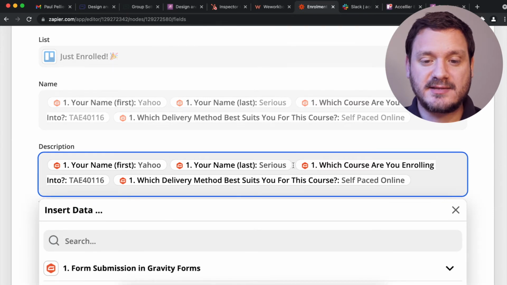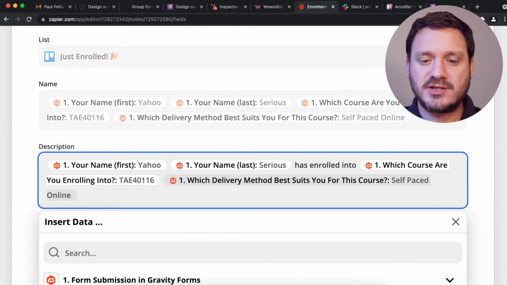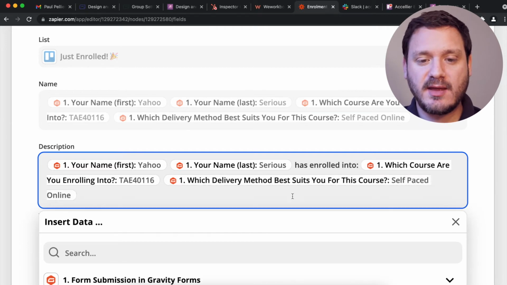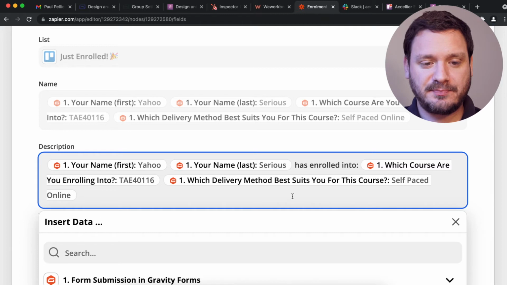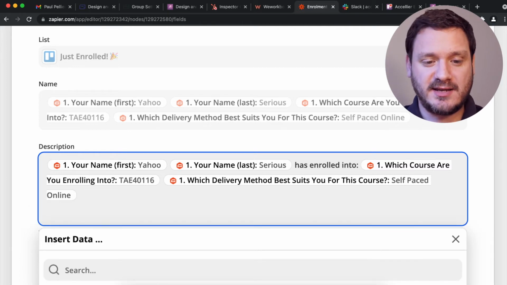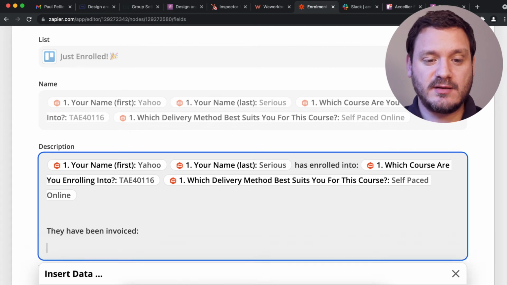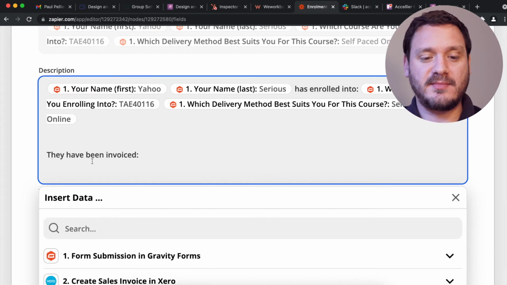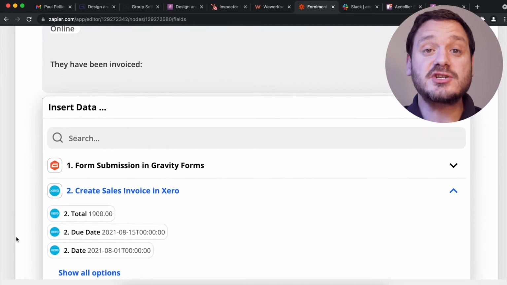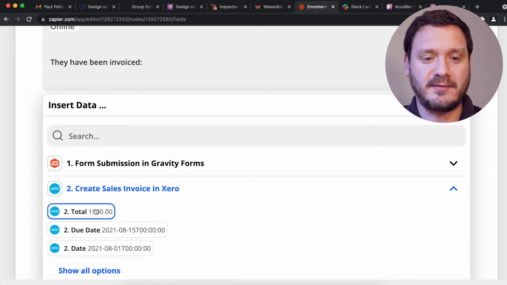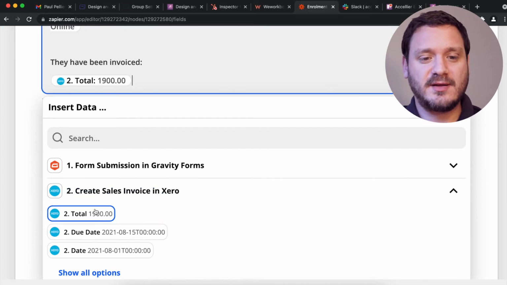So we're just going to add in the text. So Yahoo Serious, or the learner's name, has just enrolled into the course name and the delivery method. Now we're going to put some invoice data in here. So they've been invoiced, and again now we're using data from the other steps. So that was an action step, but we're also using that as a trigger, with some trigger data. So we have here